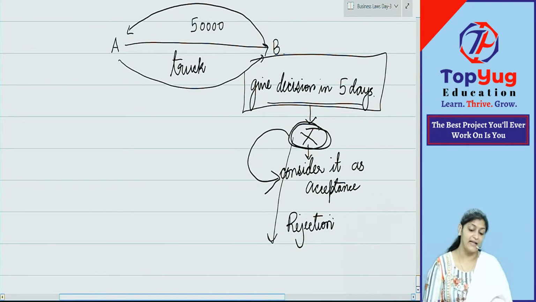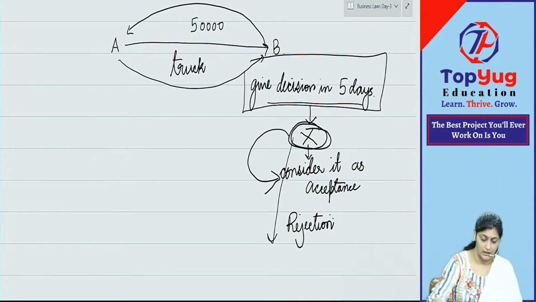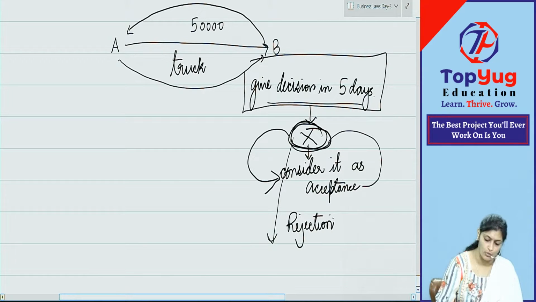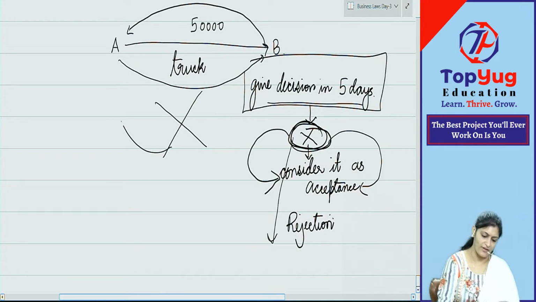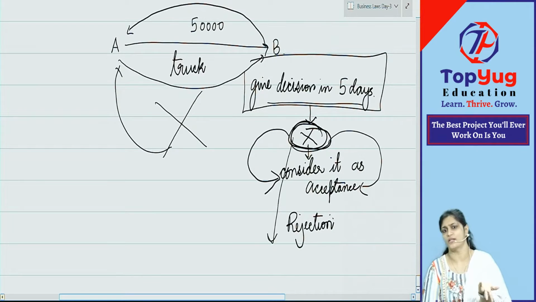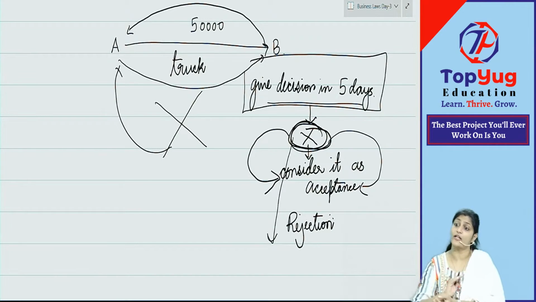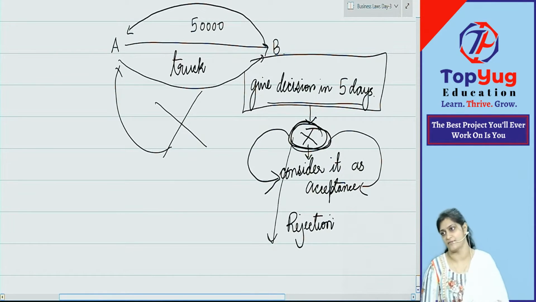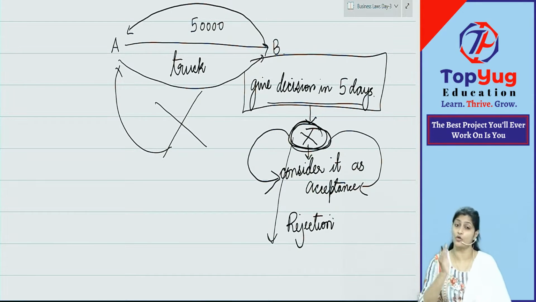But your offer is containing a term, non-compliance of which would amount to acceptance. That offer is not a valid offer. If your offer has these kinds of things, then it is not valid, because it has no sense. That person is not interested. How can you force that person to buy? He is not even interested to say yes, or to say anything about your offer. Can you force that person to take my truck and give me 50,000 rupees? No. This is what law is saying.